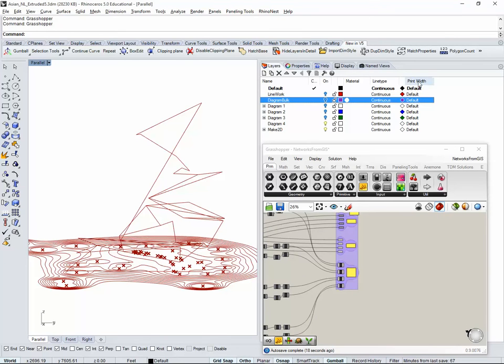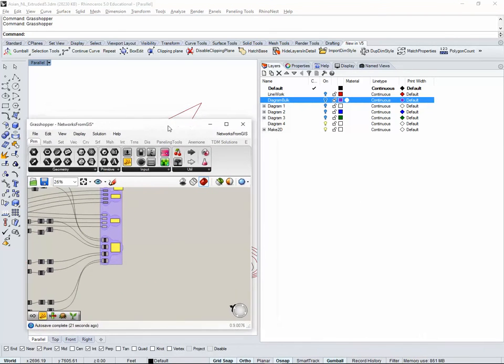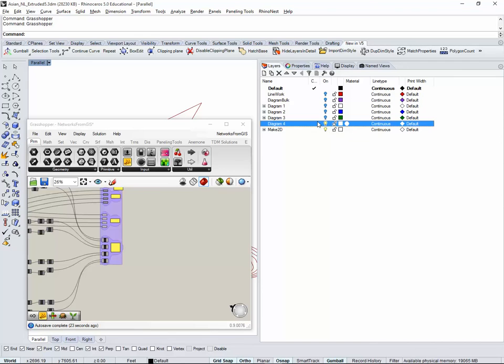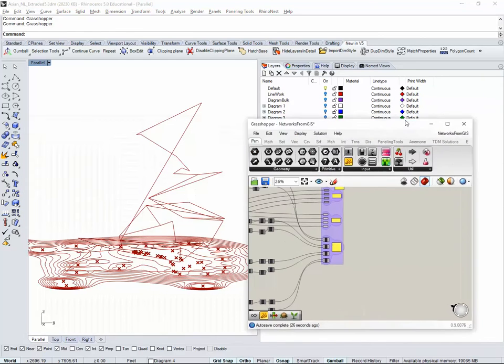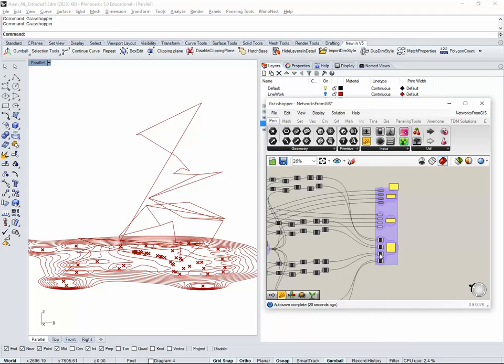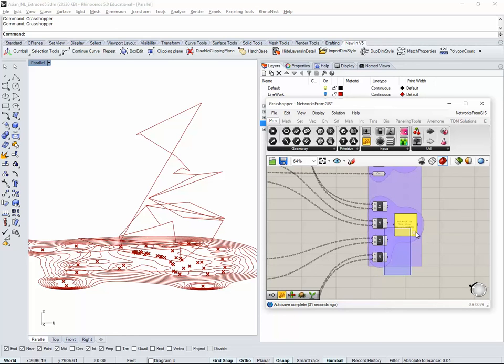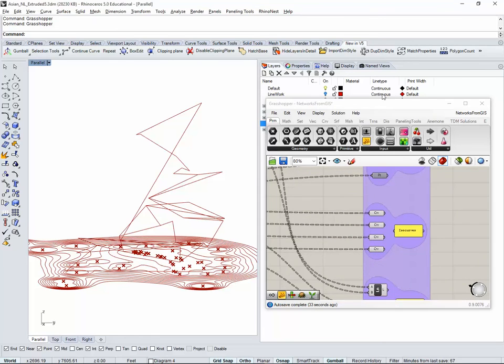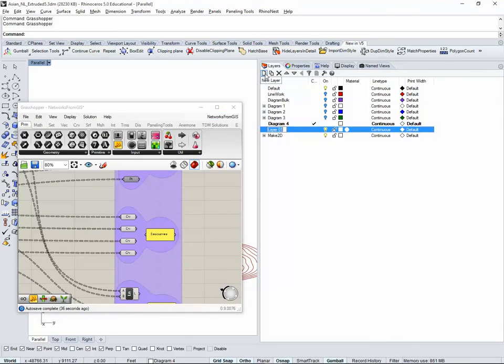If you wanna bake a lot of options at the same time, you can always just, for example, say work on this option. You click there, diagram 4, and you can select all of this. For example, let's say the iso curves. Well, sorry, I'm gonna actually make a set of layers as always. D4. Let's call them iso curves, and another layer, D4. Let's call them network. Okay, I'm gonna drag them inside,